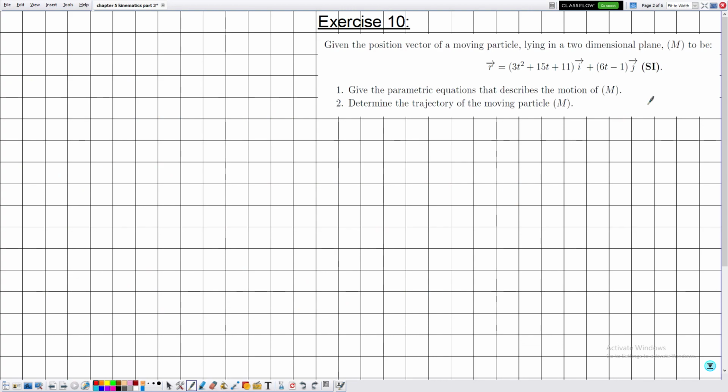Now in exercise number 10 they are telling us, given the position vector of a moving particle lying in a 2-dimensional plane, the particle is given by m and the position vector is r, equal to 3t squared plus 15t plus 11 multiplied by the unit vector i plus 6t minus 1 multiplied by the unit vector j. So in number 1 they are telling me to give the parametric equations that describe the motion of m, and this can be extracted from the position vector, knowing that the position vector can be written as xi plus yj. Then by comparison